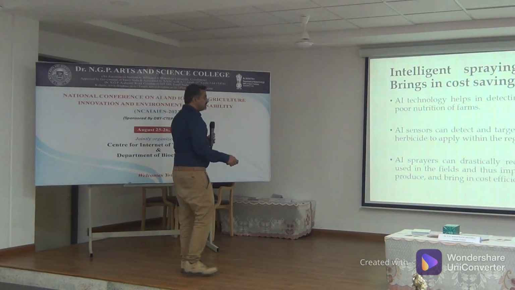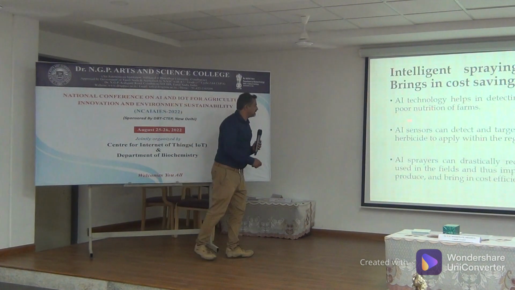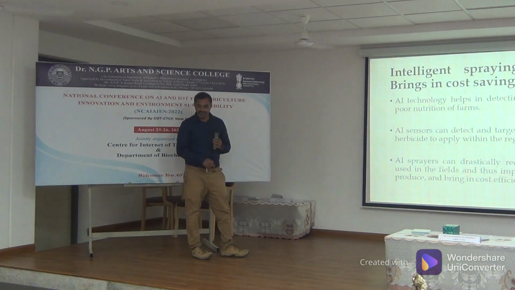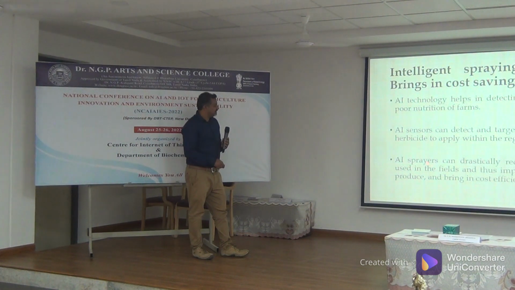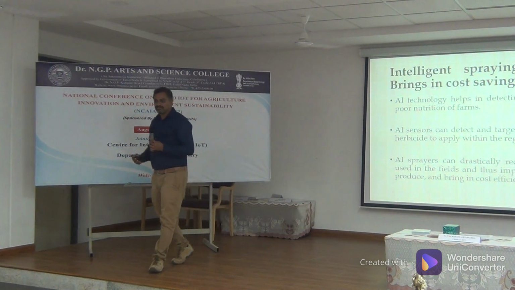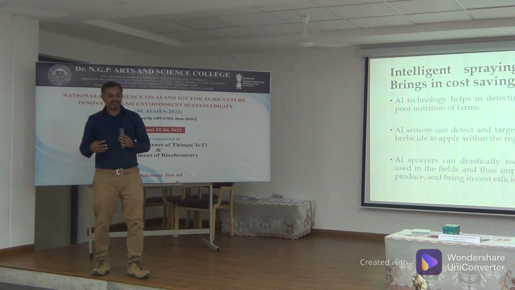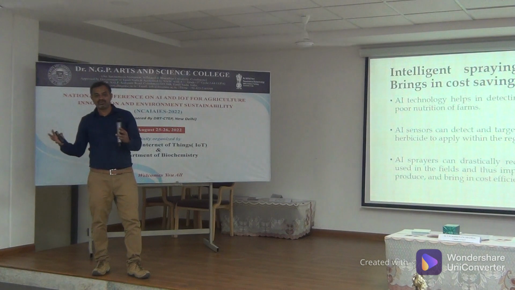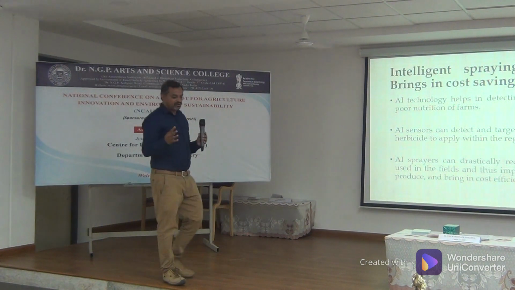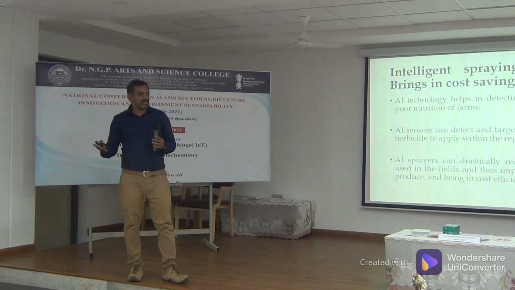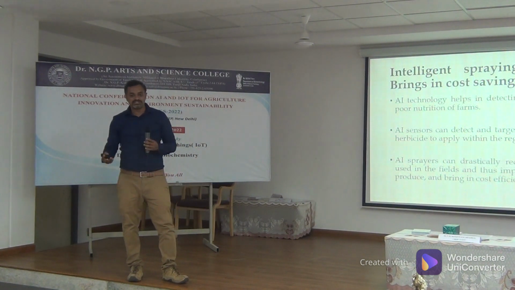AI technology helps in detecting diseases in plants, pests, and nutrition of farms. AI sensors can detect and target weeds. AI sprayers can also drastically reduce the amount of chemicals used in the fields and thus improve the quality of air. So let's take an example. Many a time when humans do it, there will be a loss. Let's take an example. You buy 1 liter of spray, and you utilize all of it. If you apply intelligent spraying, then probably